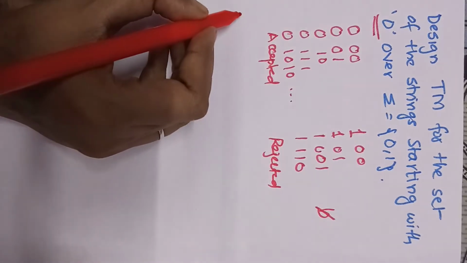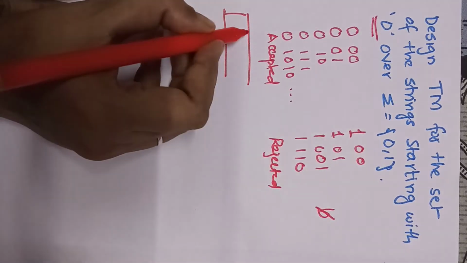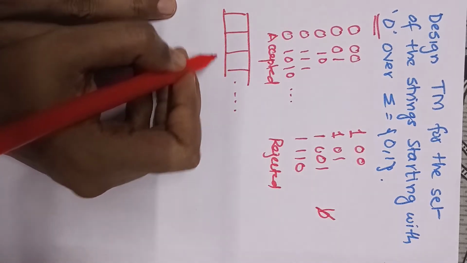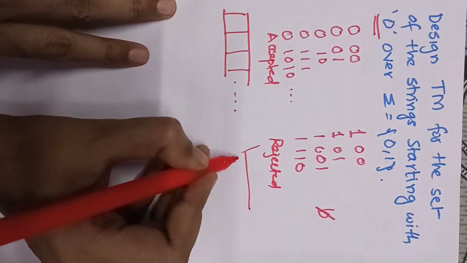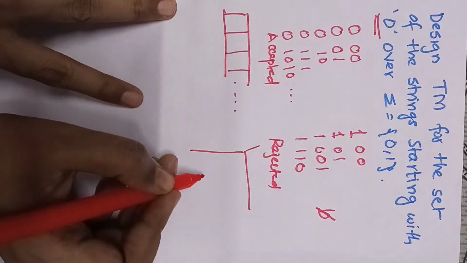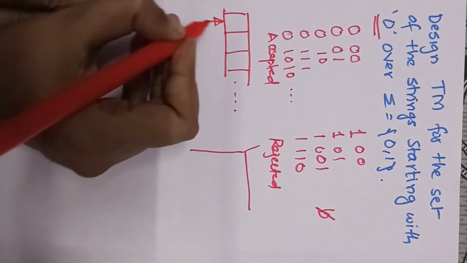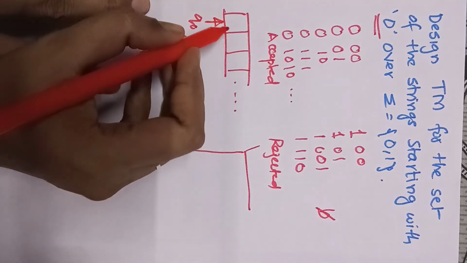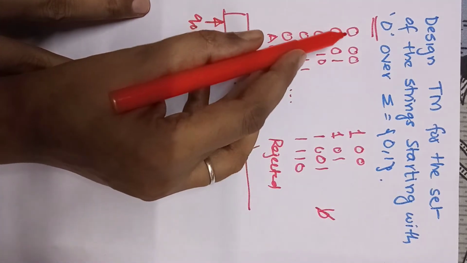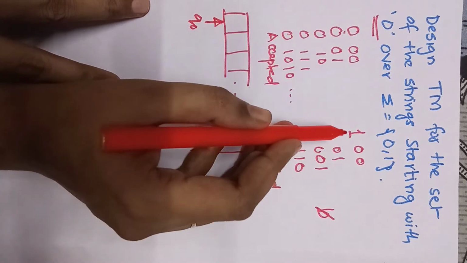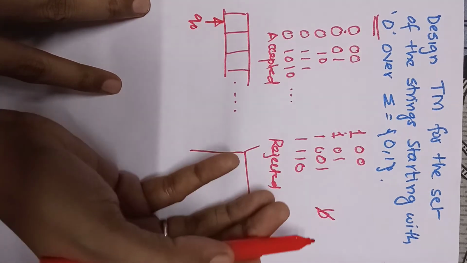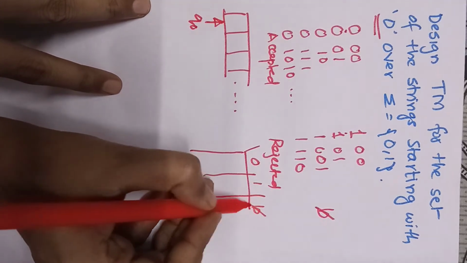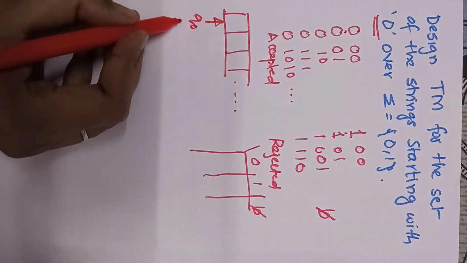So how will we start? We'll start with the tape. So this is one infinite tape on which we are going to write the strings, and here we are going to write the corresponding transition table. So here the initial state is always marked as q0. As the string can start with 0, with 1, or with blank, here we have three possible input symbols. Okay, so this is the initial condition.